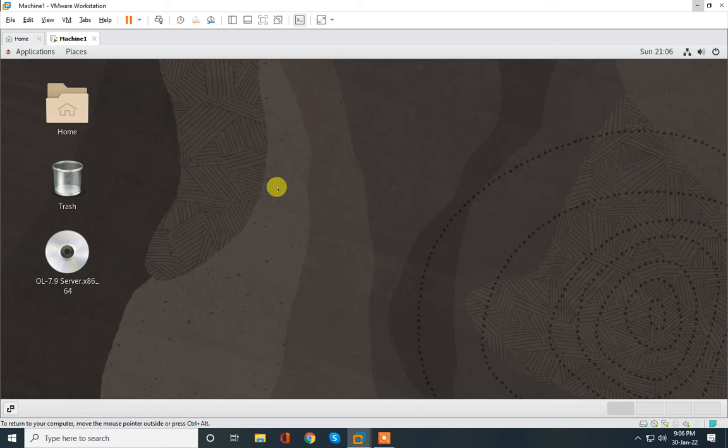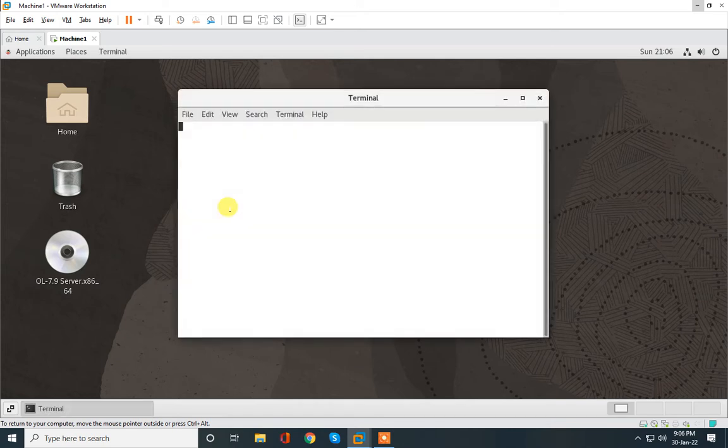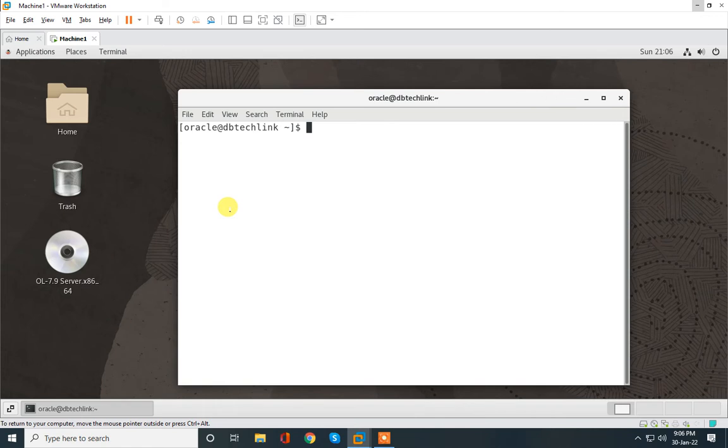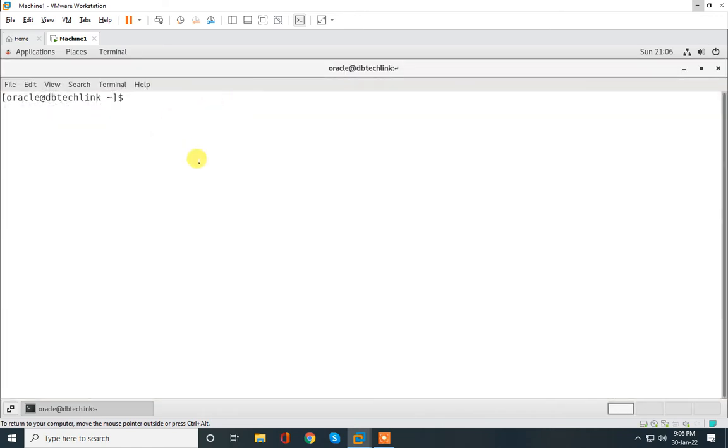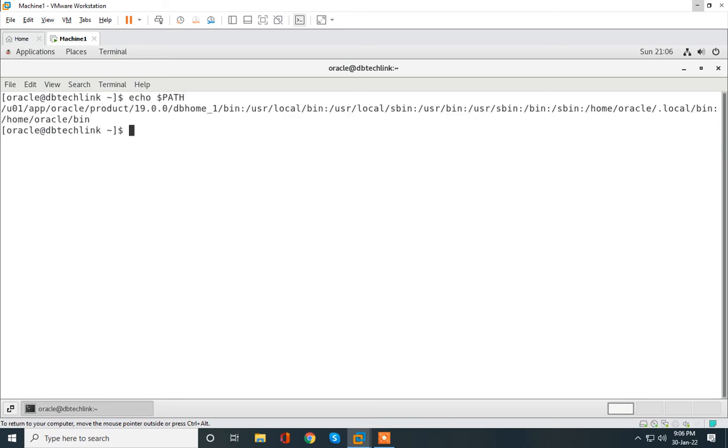Today I am going to show you database creation using DBCA, that is Database Configuration Assistant. So let's start. We run DBCA on the OS prompt. Just checking environment variables, so echo $PATH. Okay, it's showing me the Oracle home and bin directory, so we can run DBCA directly